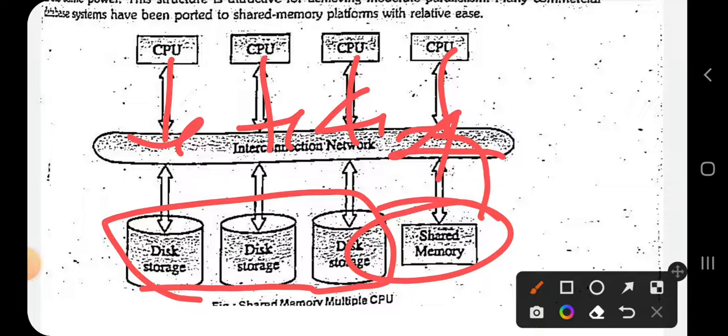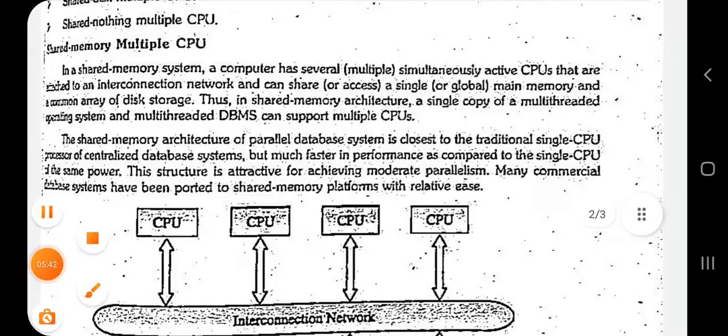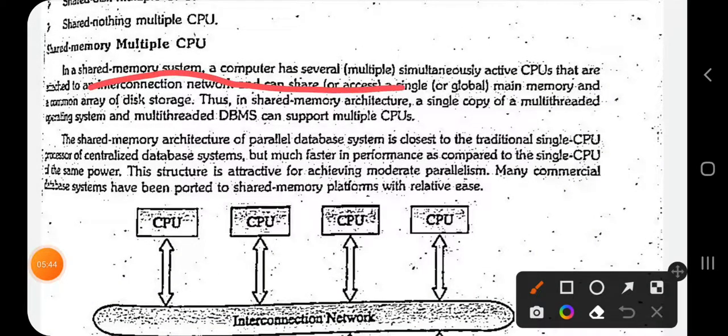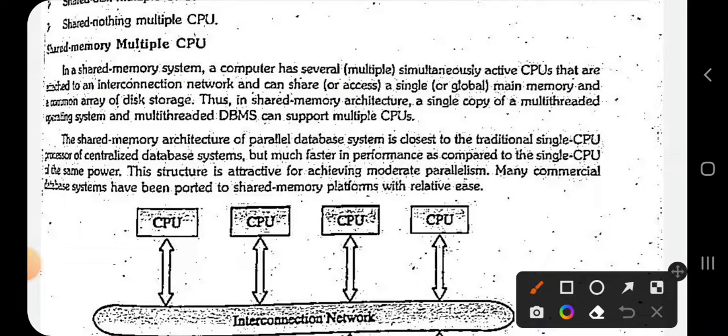Okay, this is the main objective of shared memory multiple CPUs. Now we will go through the definition that we have in your material. In a shared memory system, a computer has several CPUs, as we can see in the figure. We will have an interconnection between them. When we have the interconnection between the CPUs, they can access the data globally without interfering with any